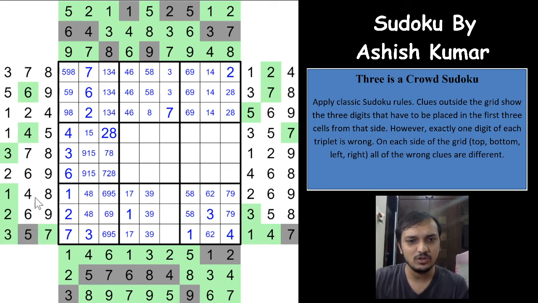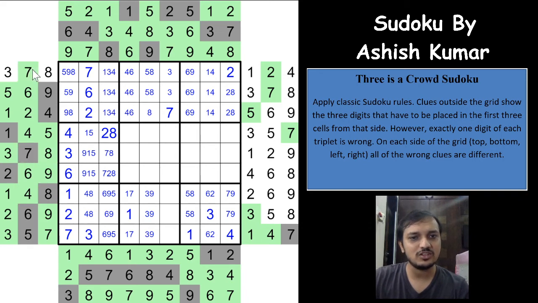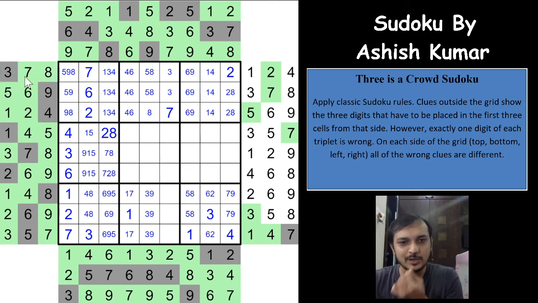5 is wrong now, which means all the other 5s are correct, and both these digits have to be wrong, which means 1 and 9, all the other possibilities of 1 and 9 are correct, right? Which means 6 is wrong and 6 is correct, 2 is wrong, 2 is correct, 4 is wrong, 4 is correct, 8 is wrong, 8 is correct, 7 is wrong, 7 is correct, and 8 is correct, right? 8 is already wrong here, which means 3 has to be wrong, right?